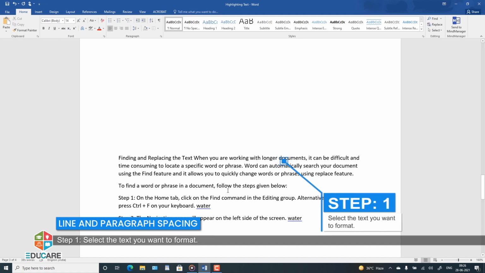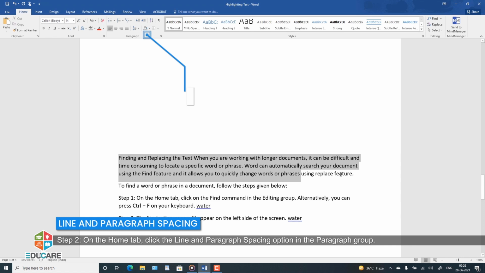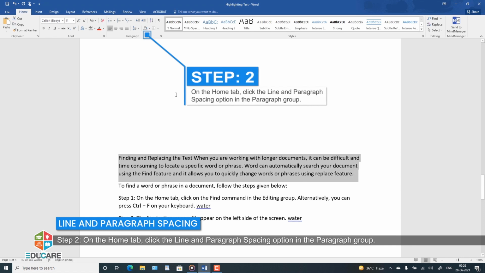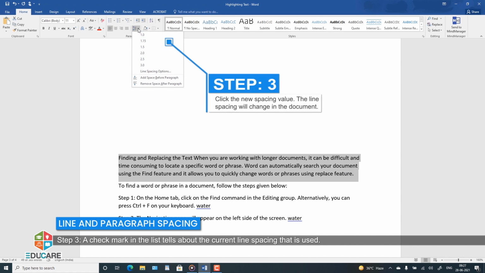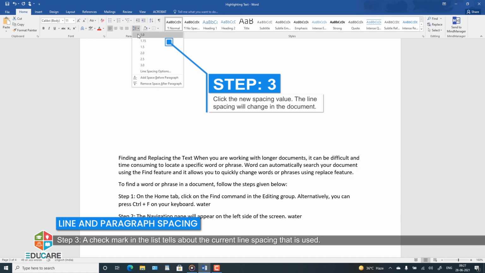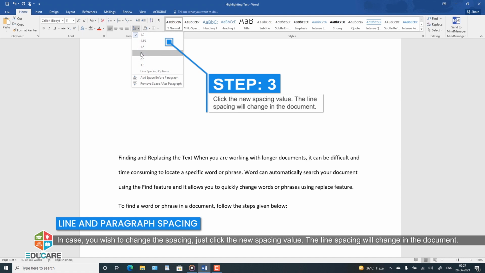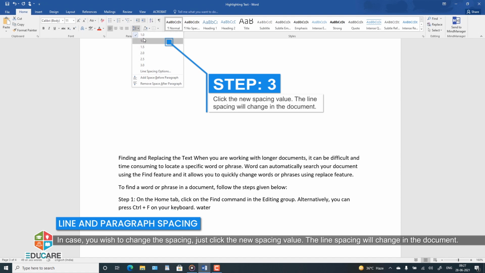Select the text you want to format. Step 2. On the Home tab, click the Line and Paragraph Spacing option in the Paragraph group. A drop-down list of options appears. Step 3. A check mark in the list tells about the current line spacing that is used. In case you wish to change the spacing, just click the new spacing value. The line spacing will change in the document.